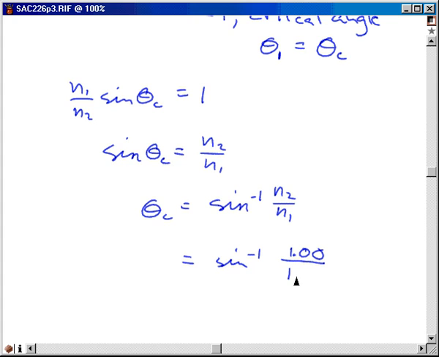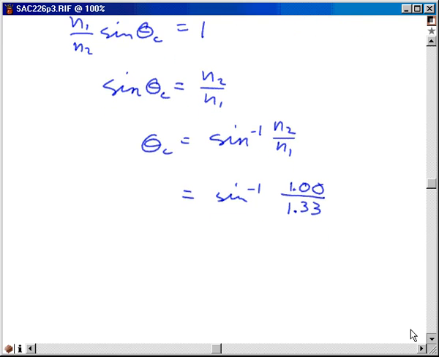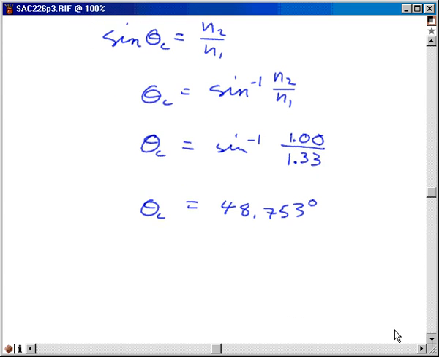The light was initially traveling in the water, so the index of refraction of material number 1 is the index of refraction of the water, which I've looked up. It's 1.33. And if you go ahead and take the arc sine of that, you get 48.753 degrees, which rounds to 3 sig figs to